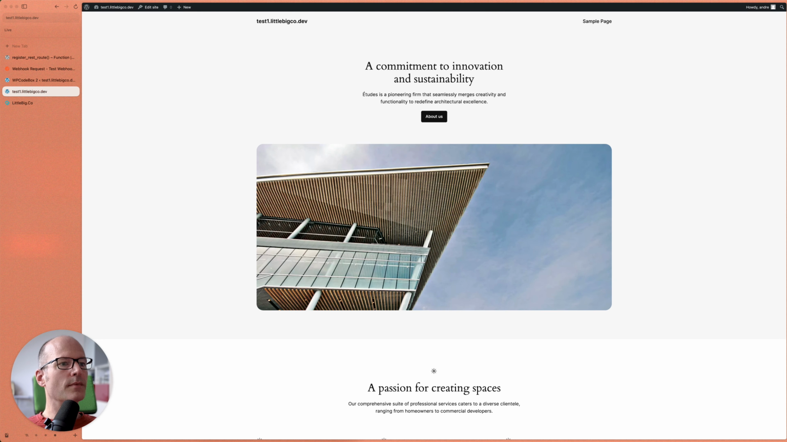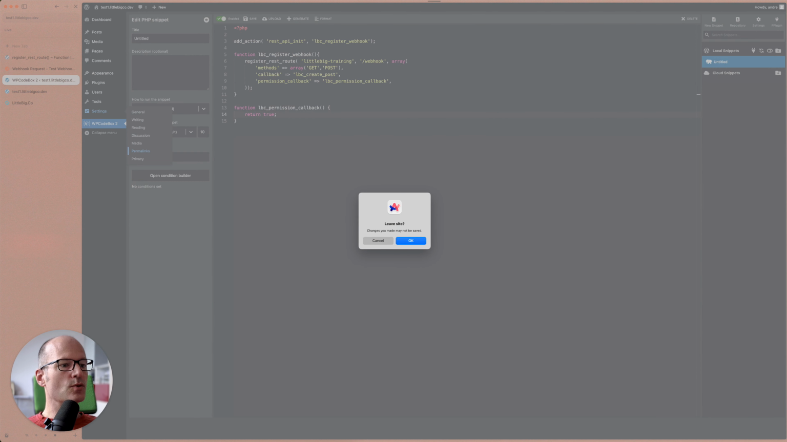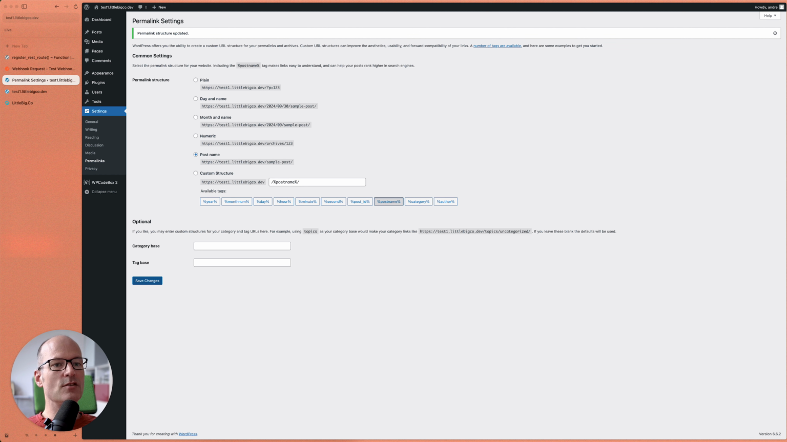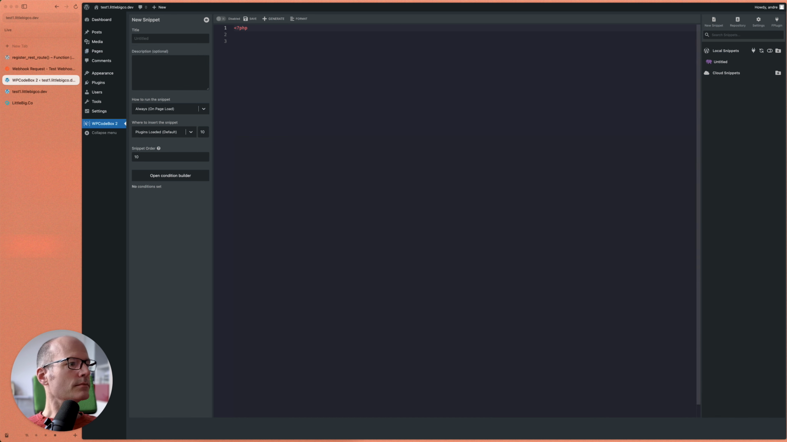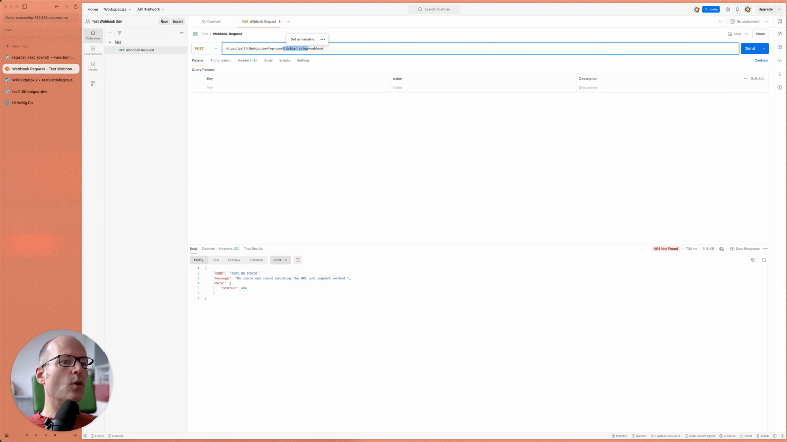Oh, that's the wrong one, this one. Sometimes it might be necessary, if you create a new route, to resave the permalinks, because this now creates a new permalink, in fact. So untitled, let's call this Webhook training. Save again. So now if we just get this webhook, then we should